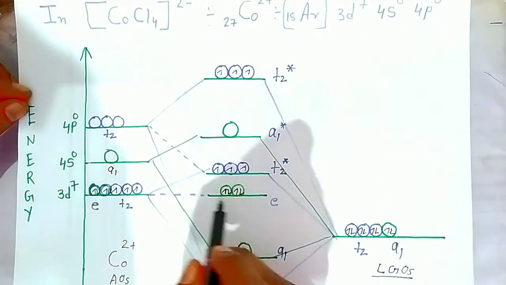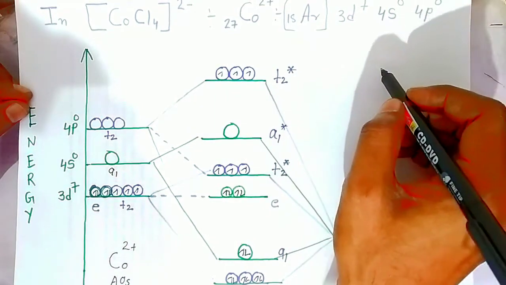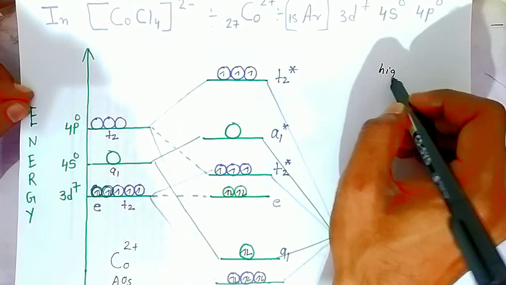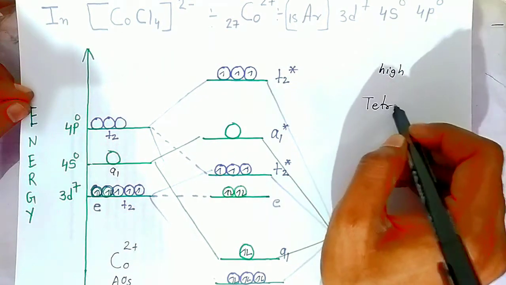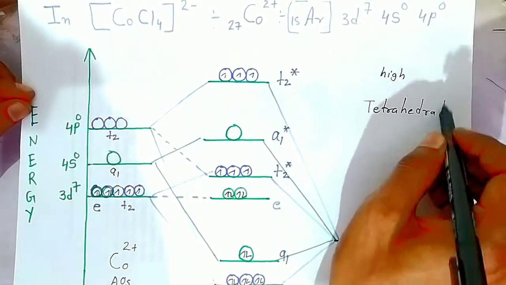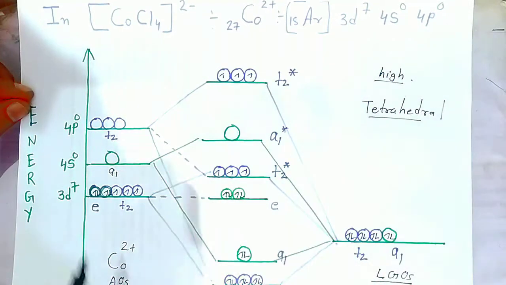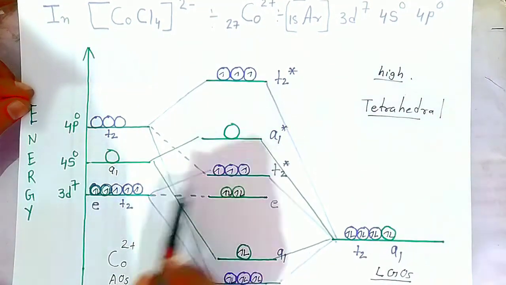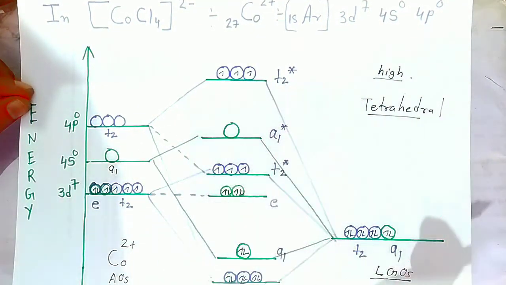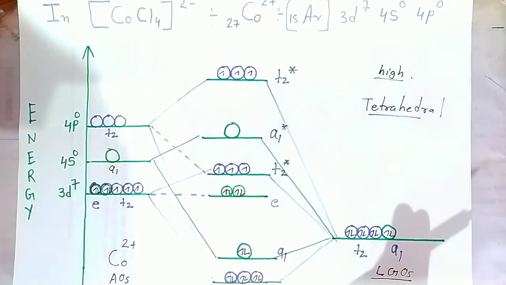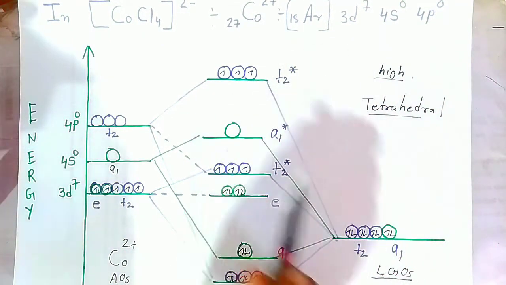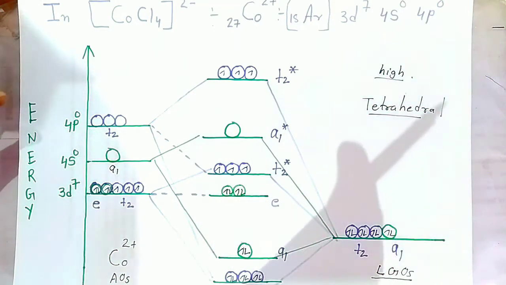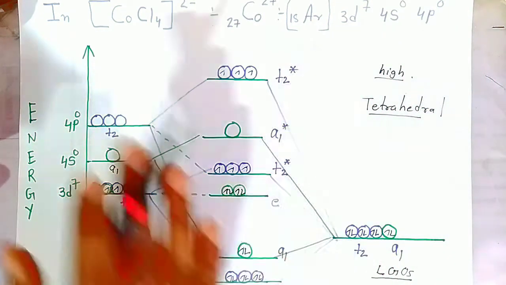and this way you will find there are more unpaired electrons. So this is a high spin complex that is forming, and because of that, this is a tetrahedral structure. We can also explain the tetrahedral geometry, because all the unpaired electrons are coming from the metal, that is why it also has some ionic character. So this way we can explain the tetrahedral geometry, as well as the paramagnetism, because more unpaired electrons are there. So we can apply the molecular orbital theory to this tetrahedral complex.